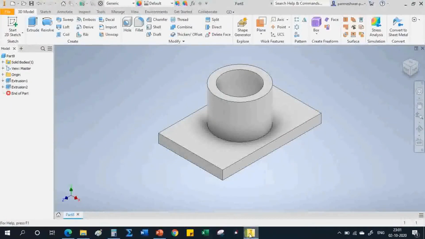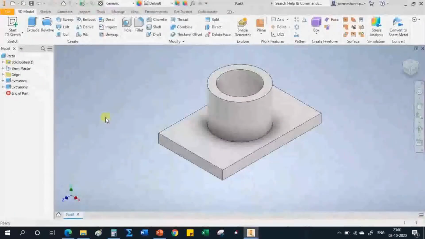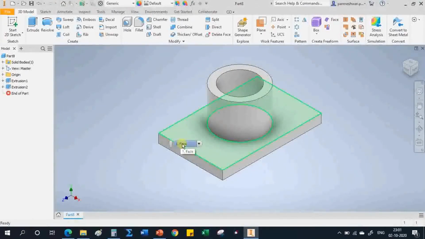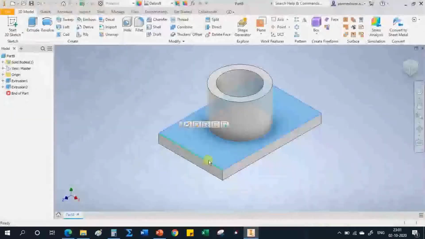Now inside diameter I have taken as 78, but for 40 mm in between at the center, for 40 mm length, the diameter is how much? 71, right. So how to do that? Let us see here. What I will do is to make that 71 mm diameter inside. So I will click this face and I will offset this plane. I will offset this face for 15 mm because the distance is how much? This one, 15 mm, right.